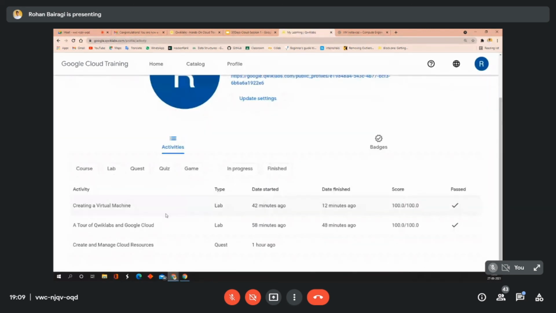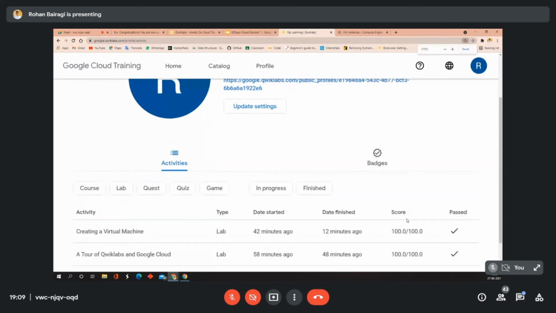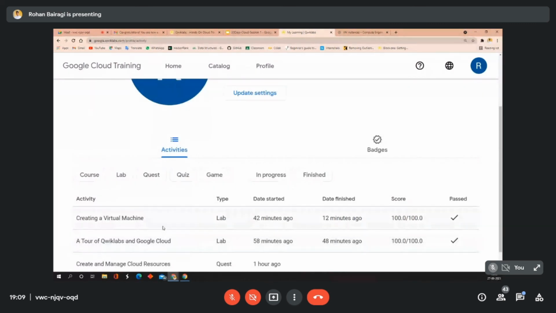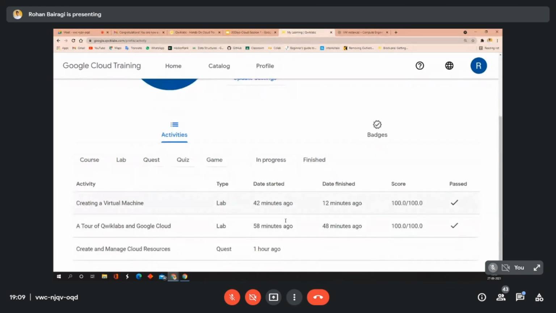Here you can see my activities, which include creating a virtual machine, a tour of the console, and create and manage cloud resources. This contains all the activities I have done earlier, and here you can also see the scores, 100 out of 100. Creating a virtual machine took about half an hour.